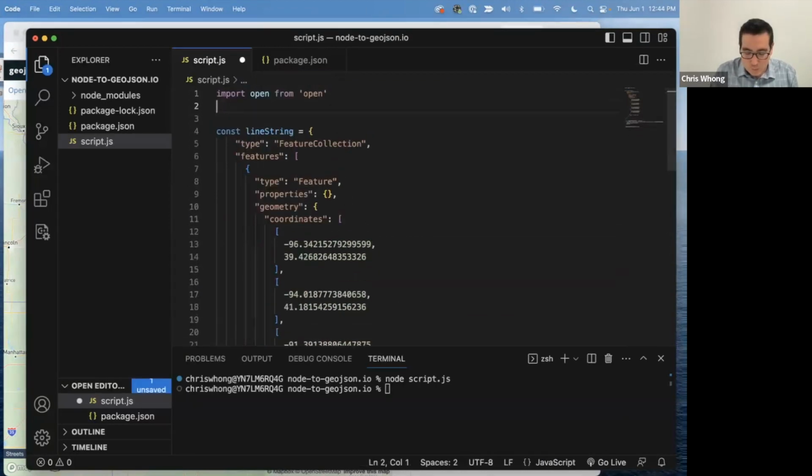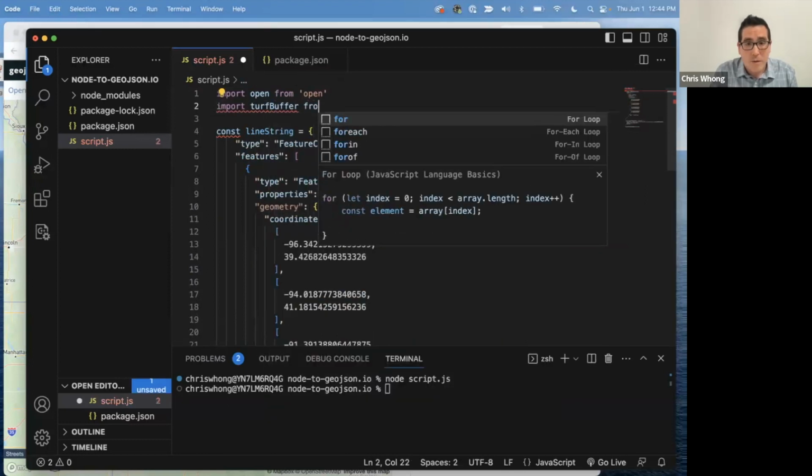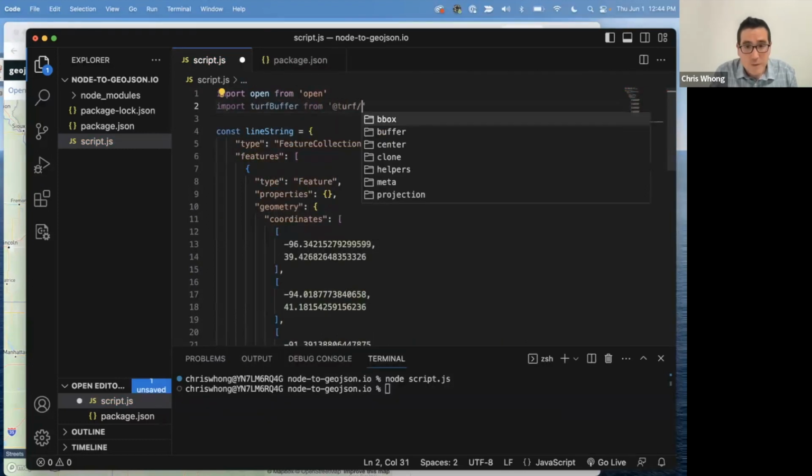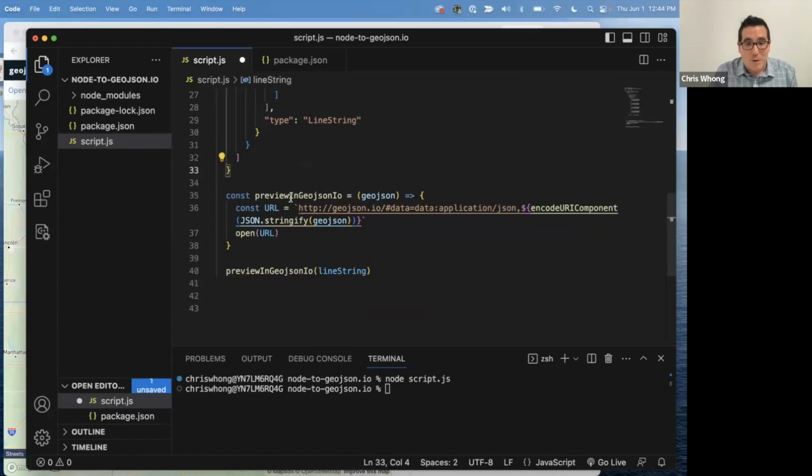So what if I import turf buffer from @turf/buffer. Turf isn't necessarily one of our developer tools, but we sponsored it in the past, and it's definitely a critical part of manipulating spatial data in a JavaScript environment in Node. Basically, this will allow me to add a buffer.